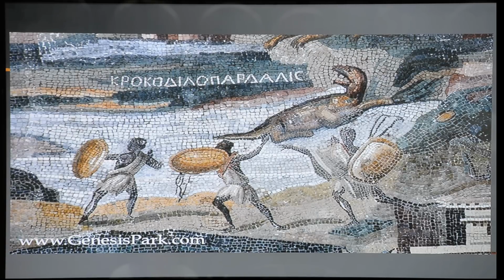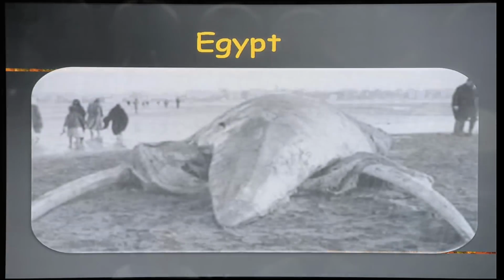And let's give Demetrius his due. It's not easy putting little tiny rocks together to make that kind of stuff. Yeah, that took a long time. That is one of the great wonders of the ancient art world. It's one of 7 or 8 huge mosaics. And there is some kind of creature on a rock ledge by the water that people look like they're trying to kill. Let's go off further. Crocodilo pardalis. If we go over a little bit to Egypt, we will find...